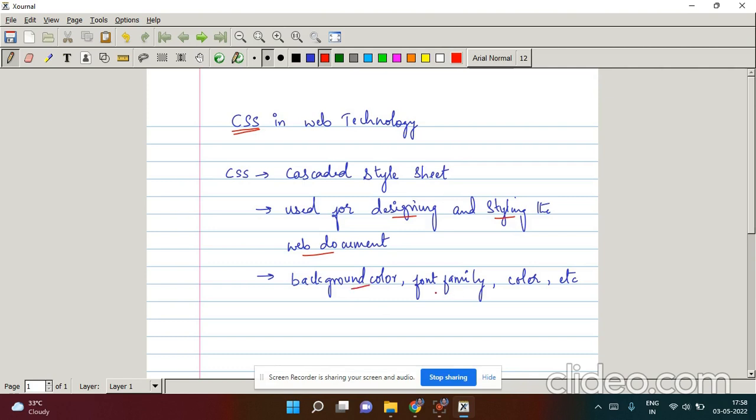Using properties, to name a few, such as background color, setting the font family, setting the text colors, etc. All these properties are defined on the elements of the web document, which is basically written using your HTML tags